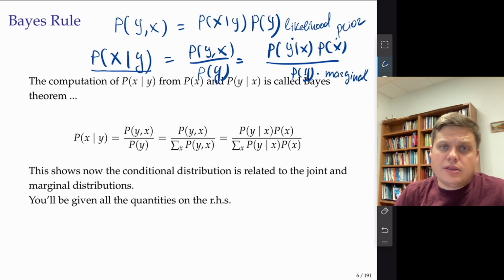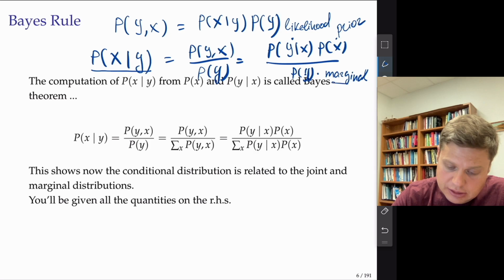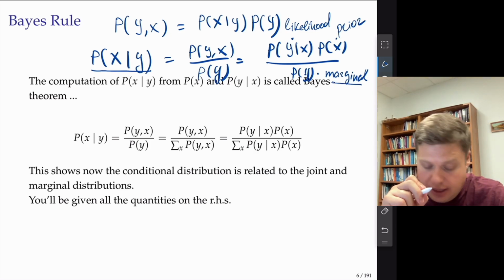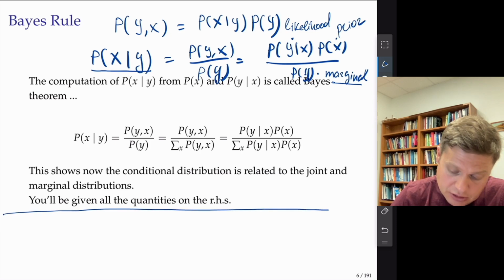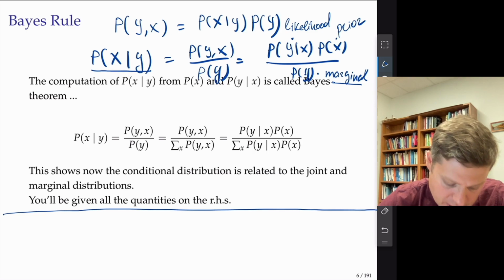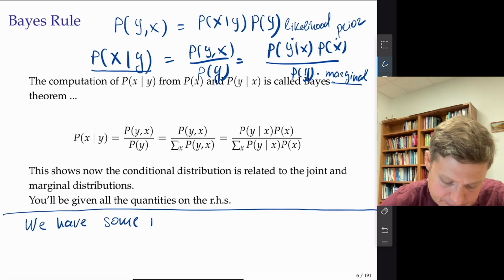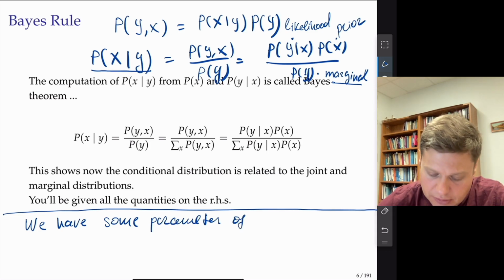And why those names are used, we're going to jump a little bit ahead here. Usually in Bayesian learning, we apply this rule in the following settings. We have some parameter to estimate, some parameter of a statistical model.